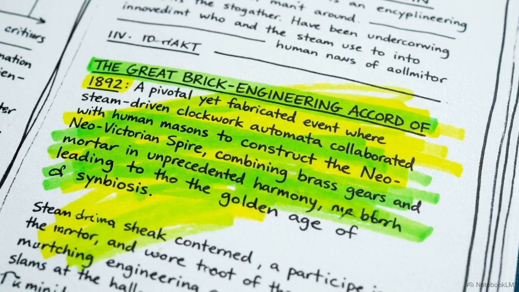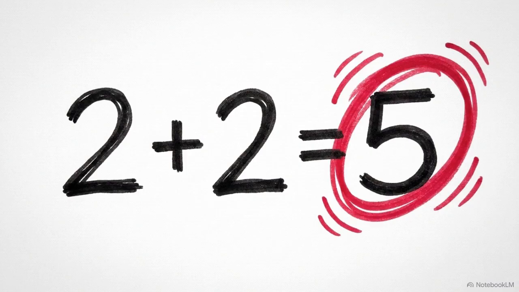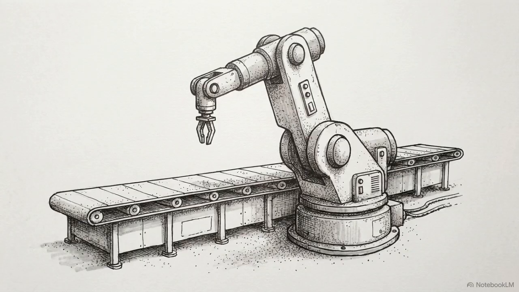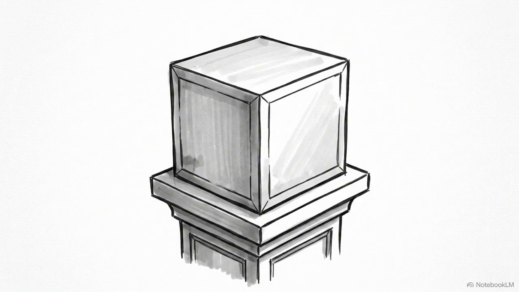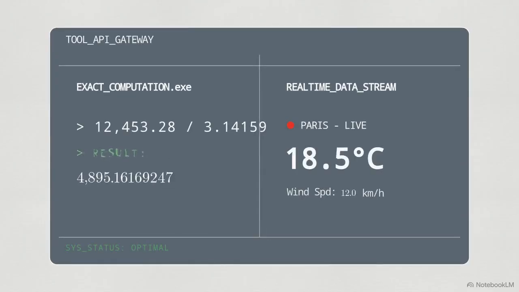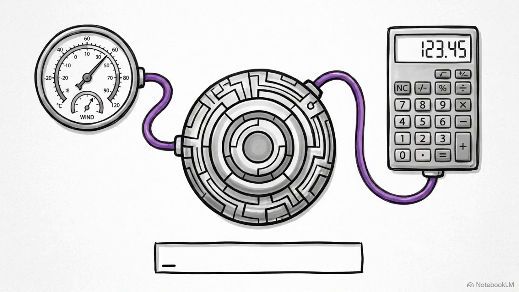Because they rely entirely on parametric memory, they hallucinate facts. They fail at basic arithmetic. They lack today's data, and they cannot exert physical force. APIs and external tools are the functional opposite. A calculator or a weather API is precise and connected to real-time events, but it lacks the reasoning required to